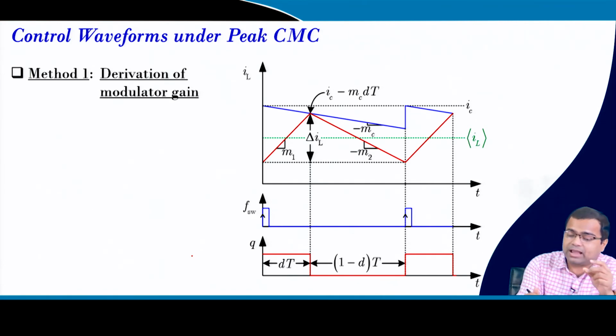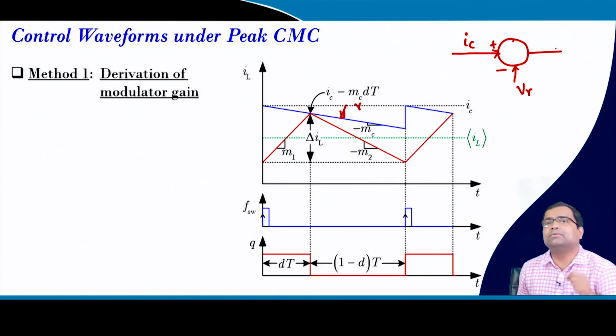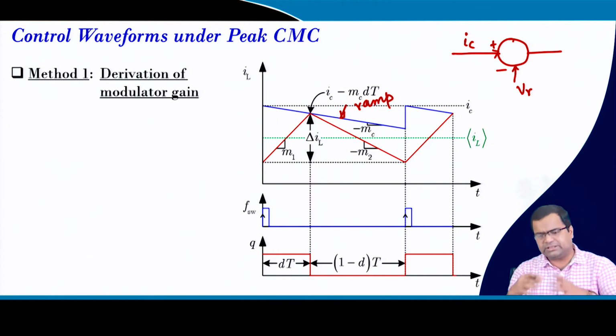where we are taking a ramp compensation here. This is our ramp, because we have a reference current, this is our IC here, and we are subtracting the ramp, because we can add the ramp to the current, or you can subtract the ramp from the control voltage, control current. That is exactly what we are doing, and this is my ramp, basically minus of the ramp,